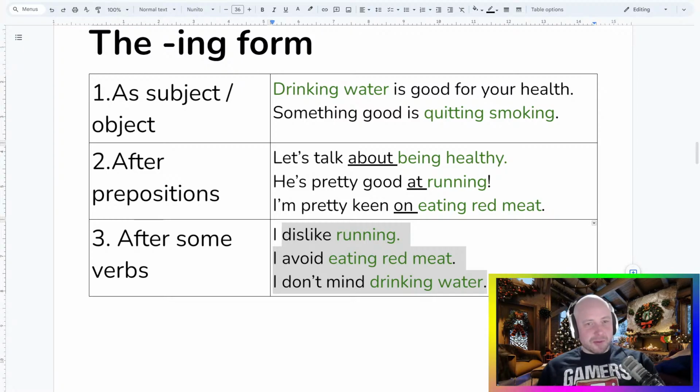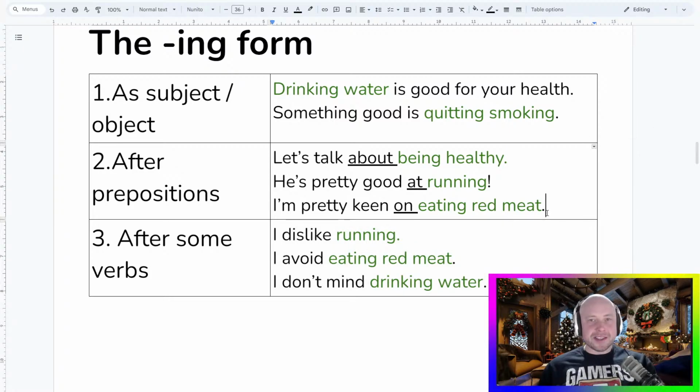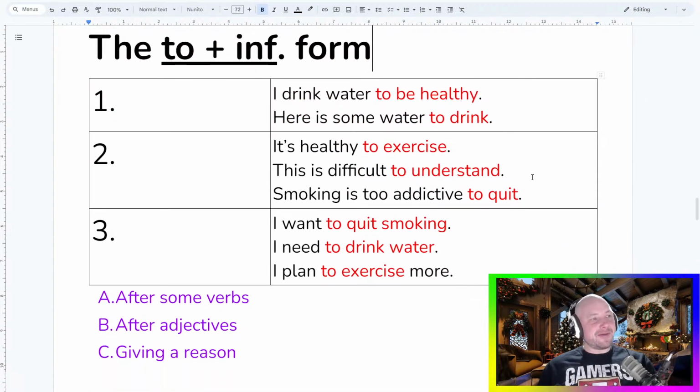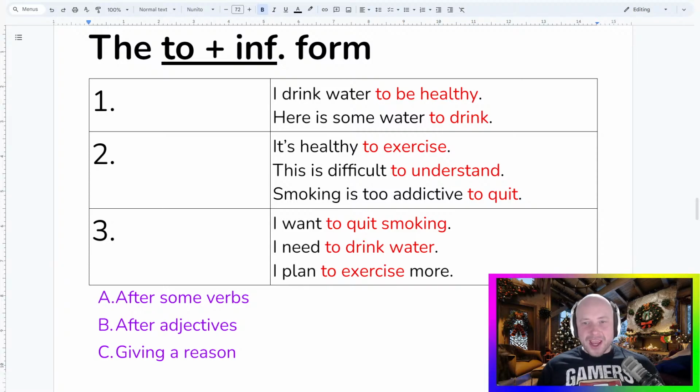You are listening to ProfRich, and we are learning about verb forms. We've just had a look at the bare infinitive and then the ing form. And what do you think comes next, folks? What comes after the bare infinitive and the ing form? That's right. It's my least favourite verb form, which is the to plus infinitive. I don't like the to infinitive. I don't like it. It's weird. Why do we need it? Let's change it for something else.